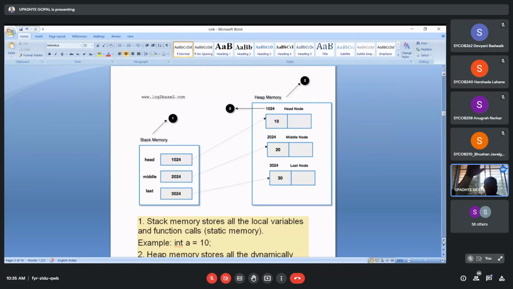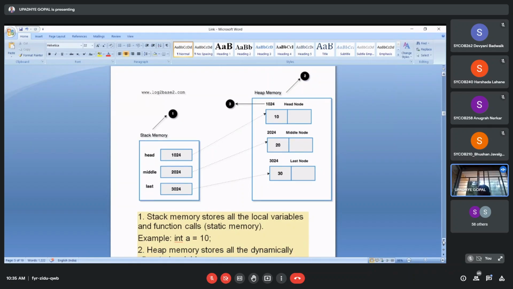The first part of this diagram is the stack memory. And see now the change happening when we have to insert information at those locations, by considering the basics of a linked list. A linked list holds 2 types of information in a node. First one is data and the other one is a pointer to the next node. So first of all, see the right part of this representation where heap memory is considered. The conversion from the stack to the heap is with the help of the memory addresses which are available. First, the memory address retrieval is there for the first pointer, 1024.